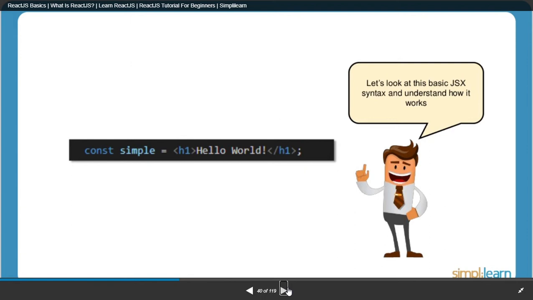In this basic JSX syntax, I have created a constant variable in JavaScript and assigned an HTML structure to that variable. You can see it is a combination of HTML and JavaScript. So this is a simple JSX syntax.